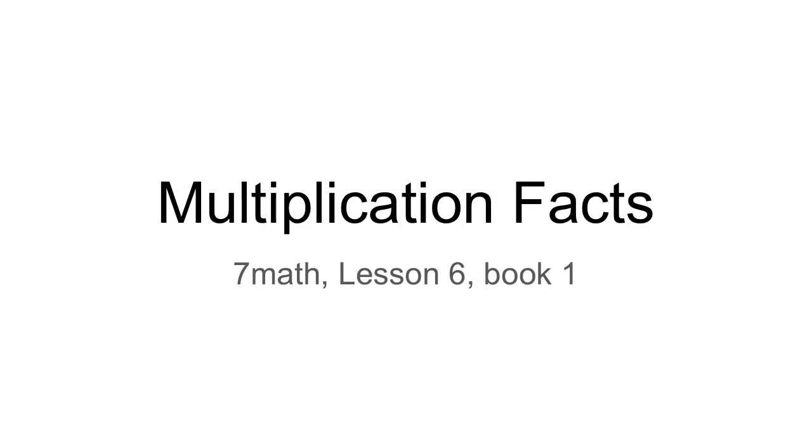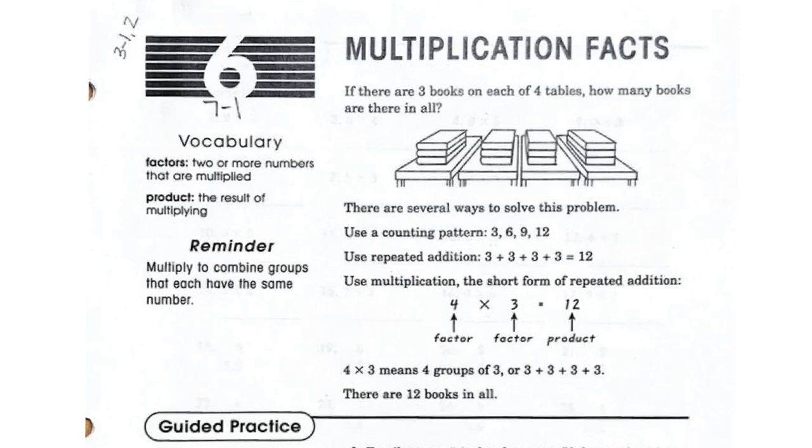All right, seventh grade. This is lesson 6. It is a review of multiplication facts. This lesson and the previous lessons are a review of some basic skills. It is going to get us prepared for going on into math when we are dealing with some algebra issues. So, on this one, with this lesson, we have vocabulary, we have factors, and it's two or more numbers